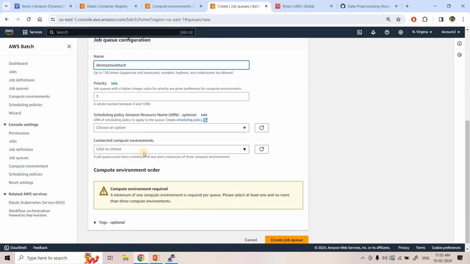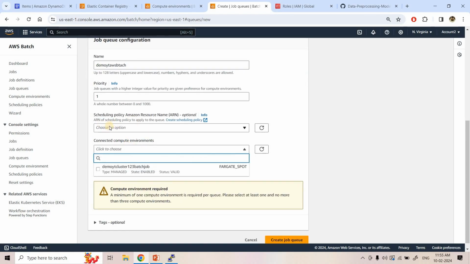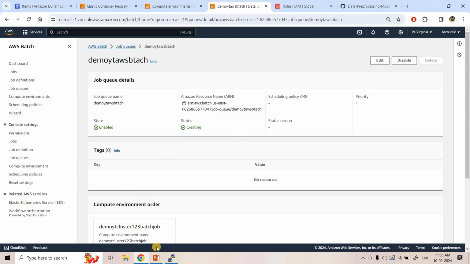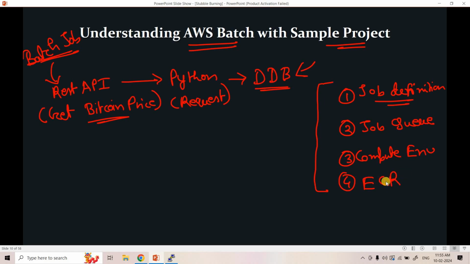Scheduling policies, connect compute environment, here we can keep the scheduling policy as nothing chosen. And whatever compute environment we have created, this job queue we will tag with that particular compute environment. Okay, and then we will create the job queue. So here you can see our job queue is ready. So with this our ECR step is done, compute environment step is done, job queue step is done, and now we need to create the job definition based on the ECR image.